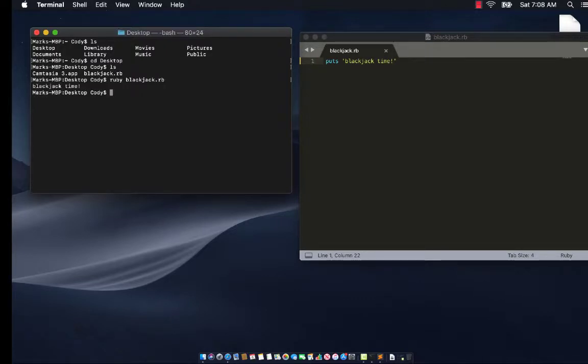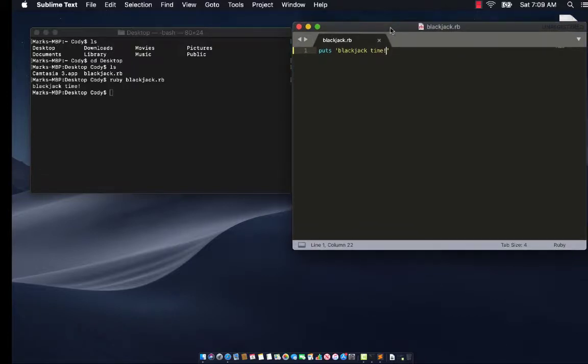Blackjack time. Yeah, so I'm going to make a blackjack game that is from the command line only, so there won't be a UI. We could create a UI later